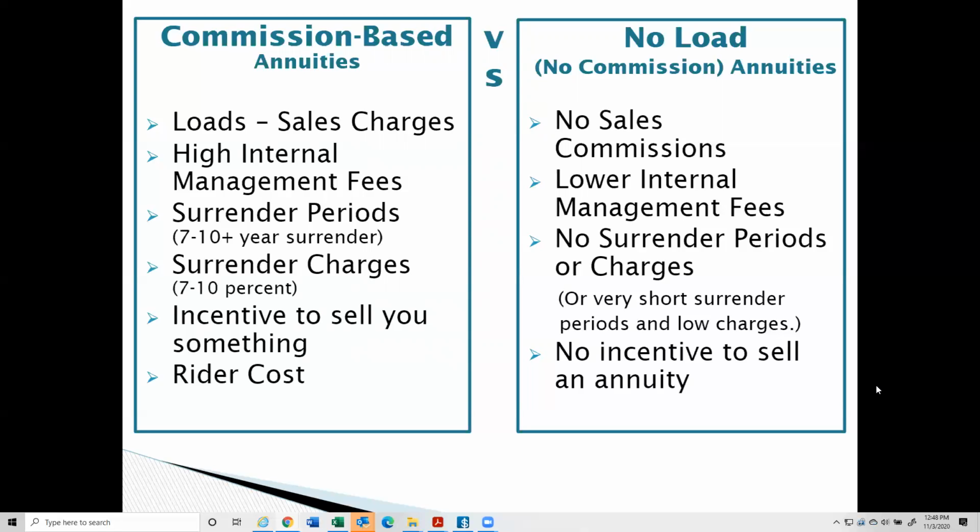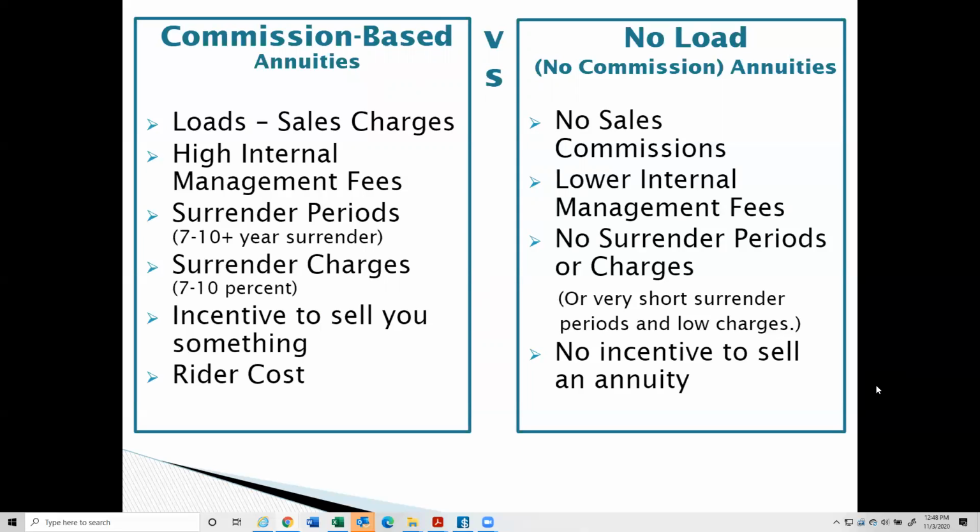So if you bought an annuity with a 10-year surrender period and a 10% surrender charge, the way it would work is that if you got into the annuity and in year 2, you decided that you had an emergency and needed to take a lump sum or pull the money back out of the annuity, there'd be a penalty, which is the surrender charge. The first year would be 10%, year 2 would be 9%. So there might be a 9% penalty to pull those funds out of that annuity. And then it's declining. If it was in year 3, it'd be 8%, in year 4, it'd be 7%, and it declines until it gets back down to 0 after 7 to 10 years.